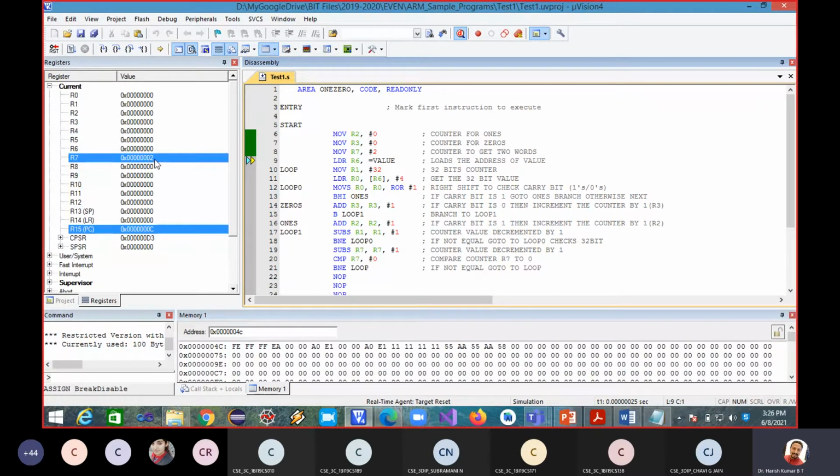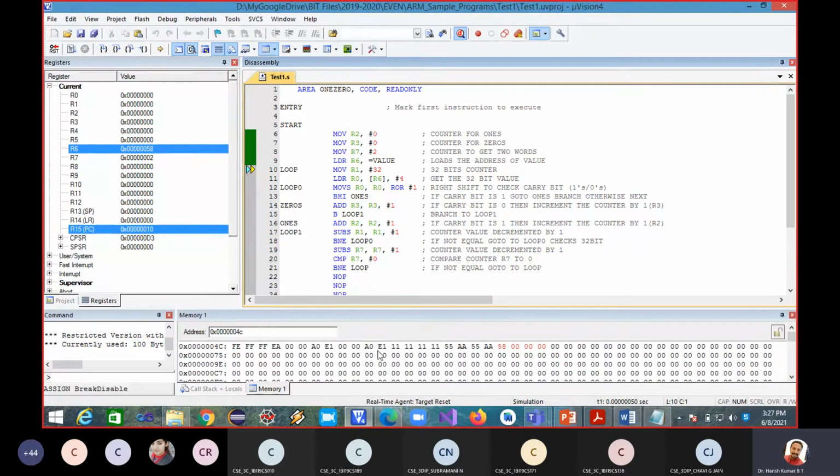Next, I'm loading. So even I don't know where exactly inside the code area my 2 consecutive memory words are present. So they are here actually. Okay, I don't know what is the address of this. Now the moment this statement gets executed, you'll see in the register R6 the address of this particular byte. So let me press F11. So it is 58. So the address of this particular byte is 58.